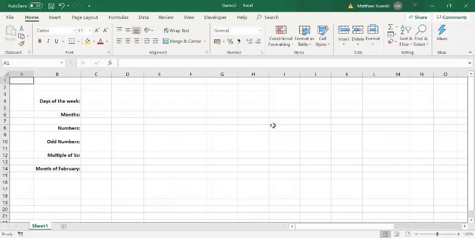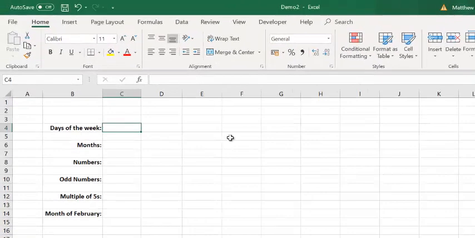A powerful feature of Microsoft Excel is the replicate function. Consider the following example. Let's say I want to write in this row the days of the week. I can do this by writing first day of the week, for example Monday,